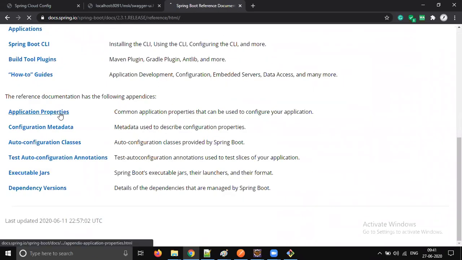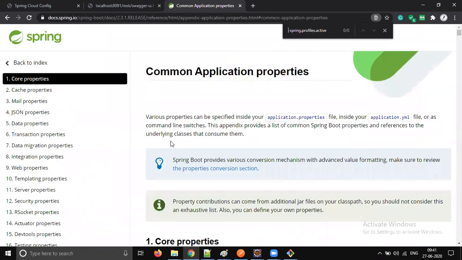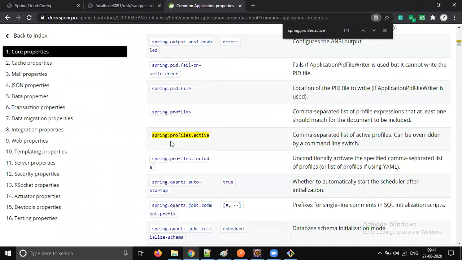There is a dedicated section for application properties. You go there and just do Control F and search. You see that, right? Profiles, yes, it is perfect. If you Google it, you may get wrongly directed, so you see some kind of problem. So here is the best place, and all the details are going to be there.